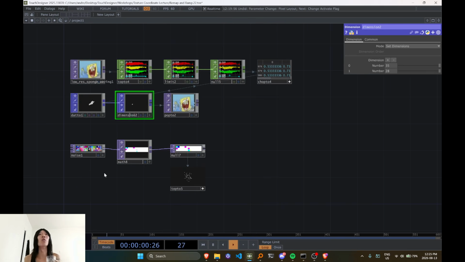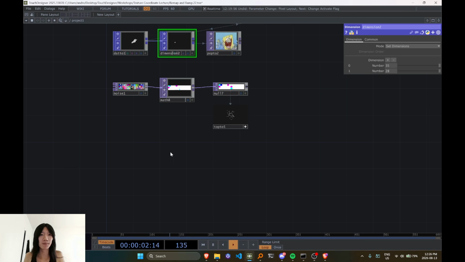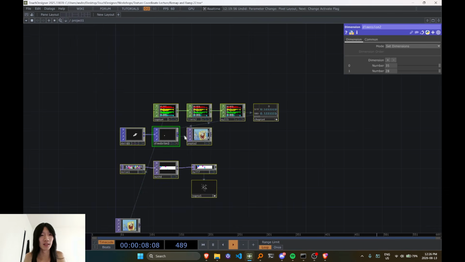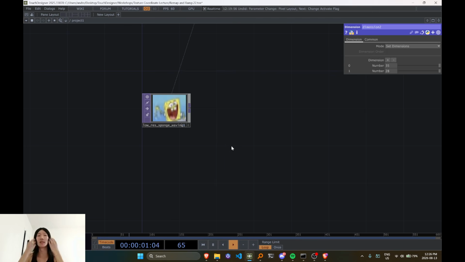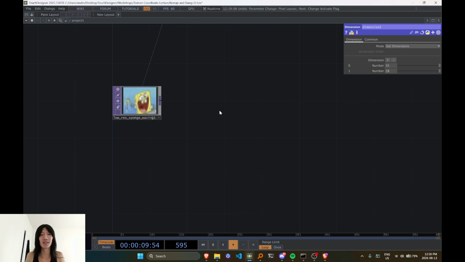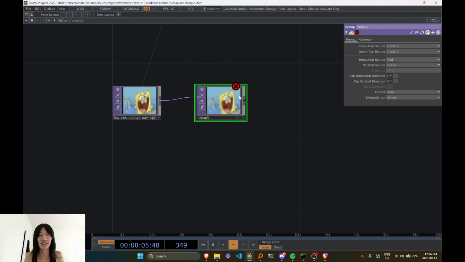I feel like this stumped me for such a long time in TouchDesigner, and a big reason was because I just kind of thought, oh yeah, this just happens, right? But moving on from this, I think the best way to understand what is supposed to be happening is using something called a remap, right? And the remap TOP was such an interesting little guy for me for such a long time because I didn't really understand it. Basically, what a remap does is it allows you to rearrange your pixels in a certain way,